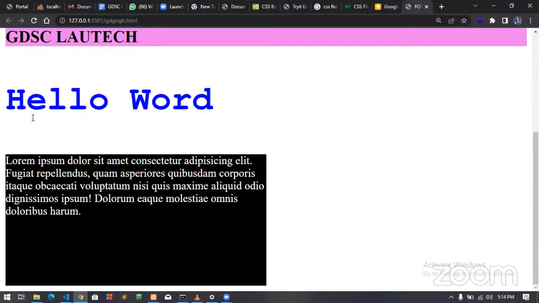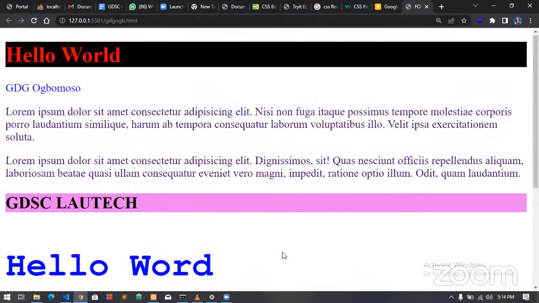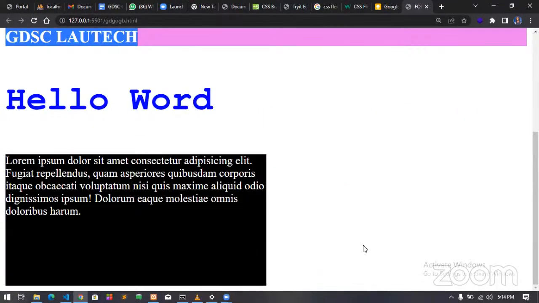Now, this lorem that is inside this div does not have a distance. It's just so close to the edges, right? But when you give it a padding, it's going to shift it, at least from those edges of the div.